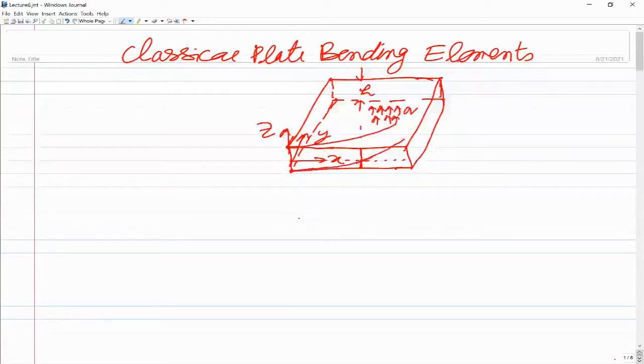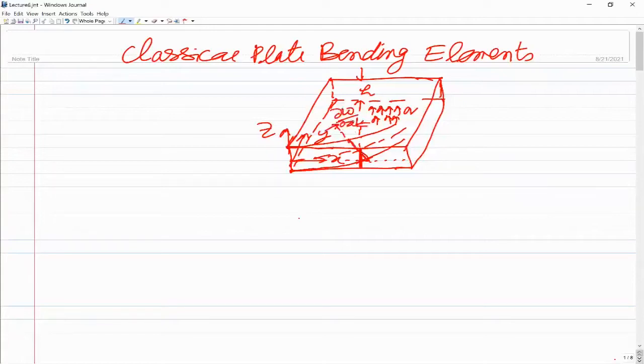If we look at the normal, the deformed middle surface will go something like this, and the normal which was initially this normal remains normal and straight. If you look at this particular angle, this angle would be del w by del x,